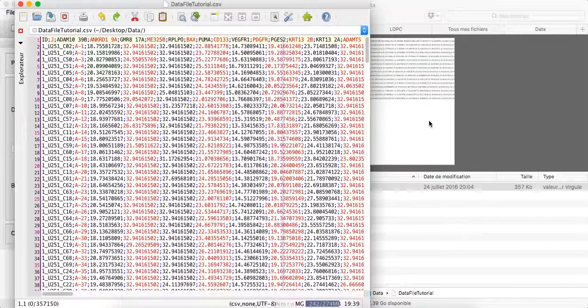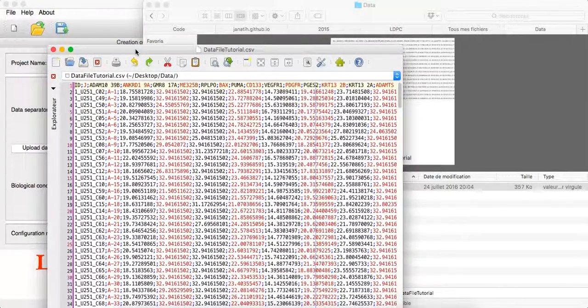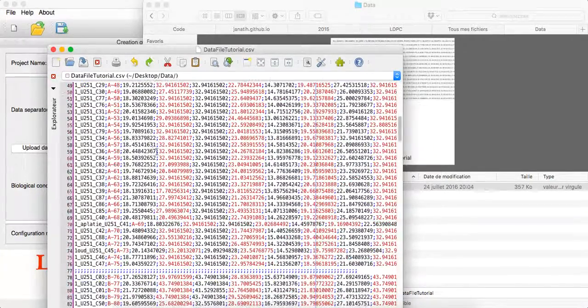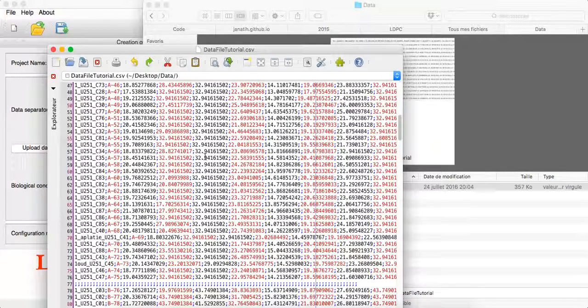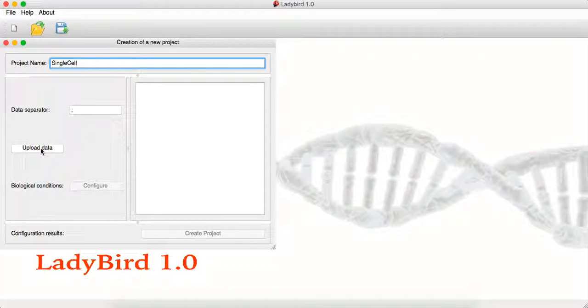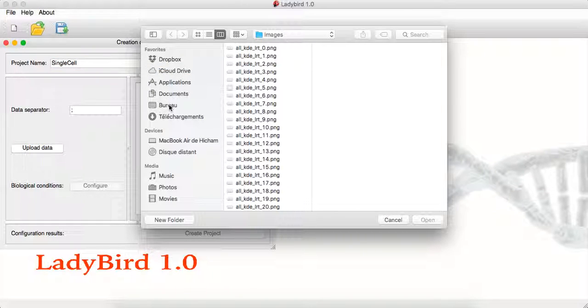So if you don't know, you open your file in your normal editor. Here I use JEdit, I think. You can use Excel or any other editor, and I can see that indeed the separator is a semicolon. So I use a semicolon, I upload the data, and I will get a